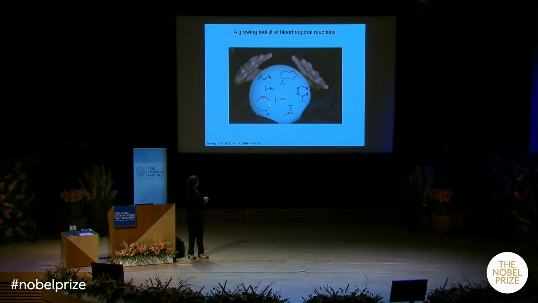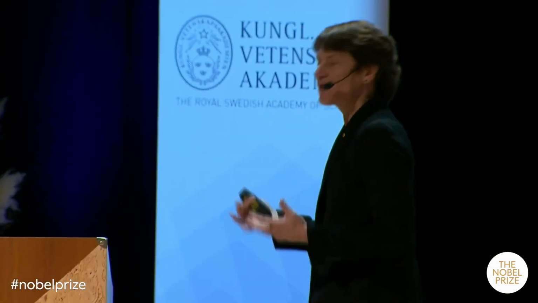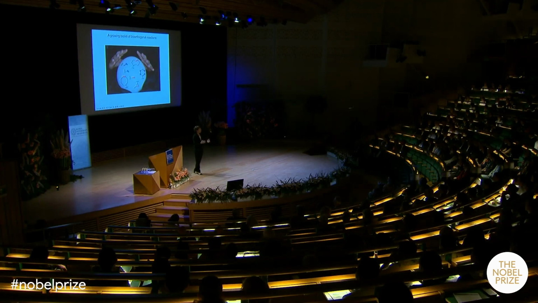But later, other groups discovered that tetrazines can be bioorthogonal reagents, reacting with strained alkenes like this cyclooctene or this cyclopropene. And now that toolkit continues to grow, and I would put the challenge out to students in the audience here. If you come up with a new idea for a new bioorthogonal chemistry, this could have tremendous impact. Because while we now have a handful at our disposal, there's always a need for more options in this space. It's a great challenge for someone who's starting out their career in organic chemistry.